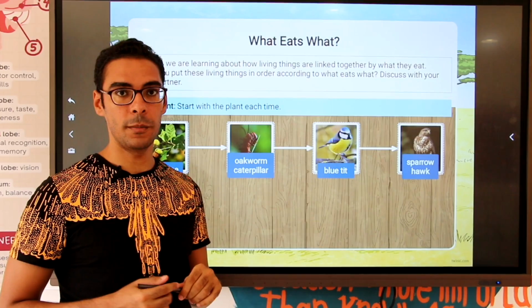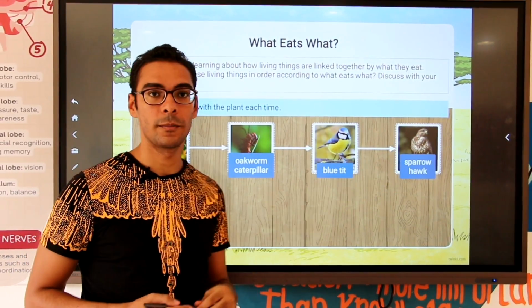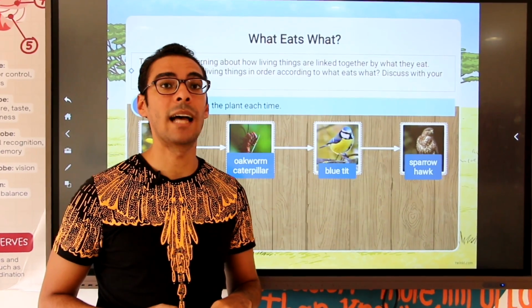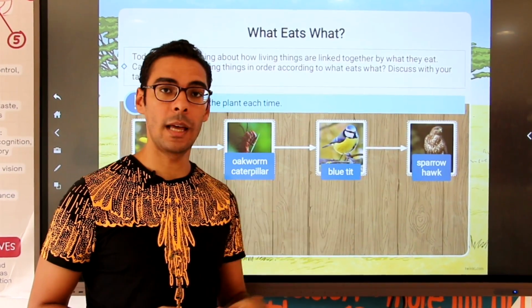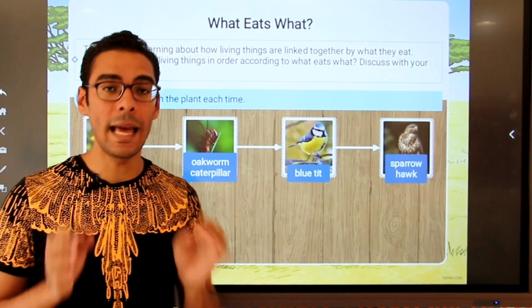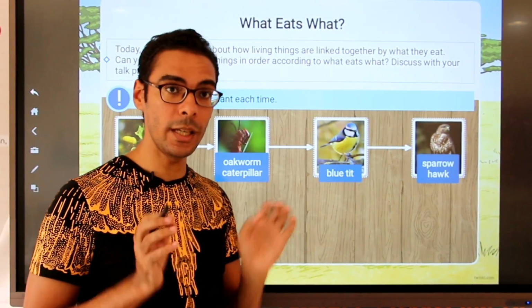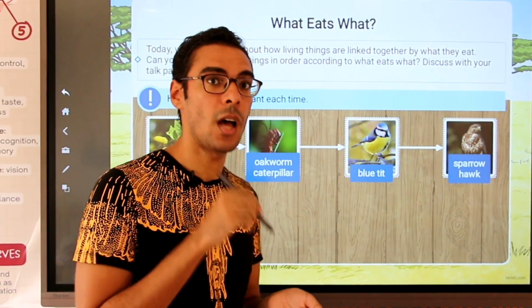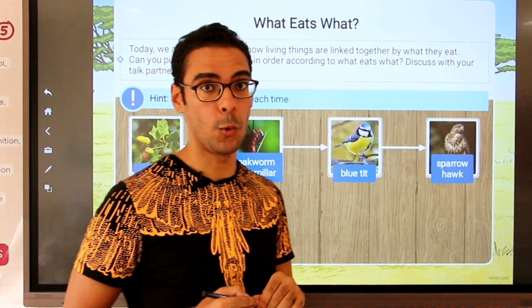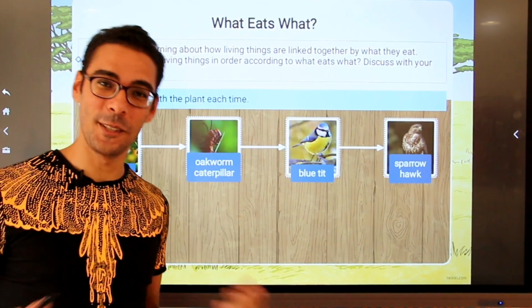Two pieces of information are really important about the hawk. It's a really special bird because the hawk doesn't eat plants at all. It's one of the special animals who feed on meat only, who feed on animals only. So the hawk is really special because it feeds on animals, birds. Something really special about the hawk. Let's move to the next food chain.